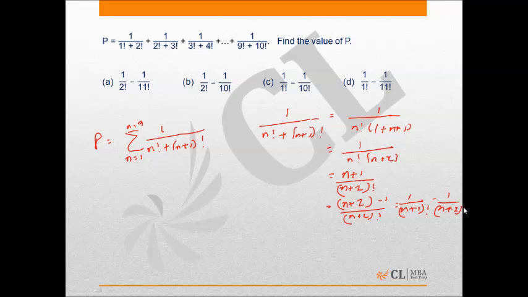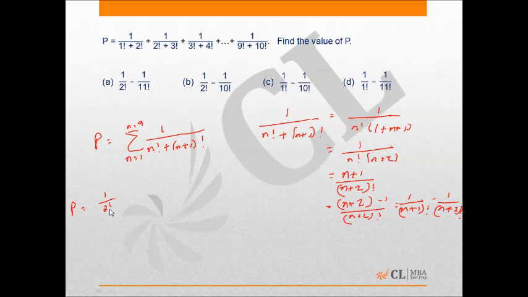Now the objective to do this was simple. Only if I get a minus will I be able to subtract terms. And how do I know that I need to get a minus? If you look at the options, all options have a minus sign in them. So what I get from here is, if each term can be expressed as 1 upon n plus 1 factorial minus 1 upon n plus 2 factorial, P becomes, so the first term would become, when n is 1,